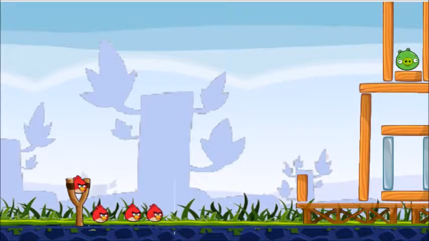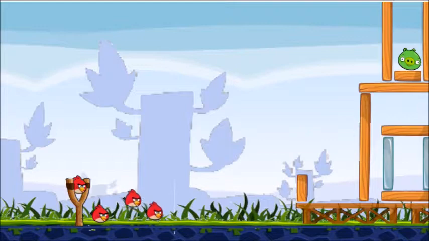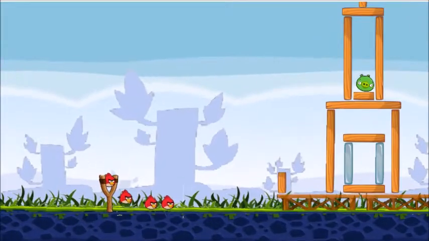Okay, so here is my first level. As you can see, we've got the birds. One is loaded up in the sling. There's 3 more. They're hopping. They're blinking. And then if we go over to the left, because we can also zoom in and out, and